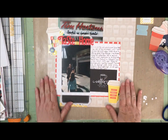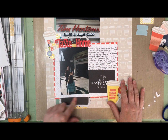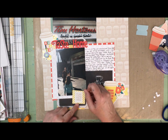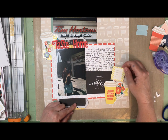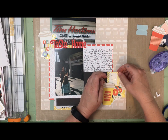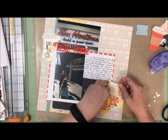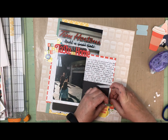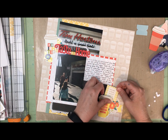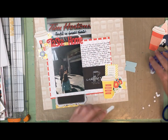Okay. What else do I need? I feel like I need something down there. Let's see. What do I have? Oh, that needs to go in there. I could feel that there was a pop dot there, or it wasn't coming up in a certain way, and I felt like that's because there was a pop dot there and I couldn't quite feel it. So there we go. And my random